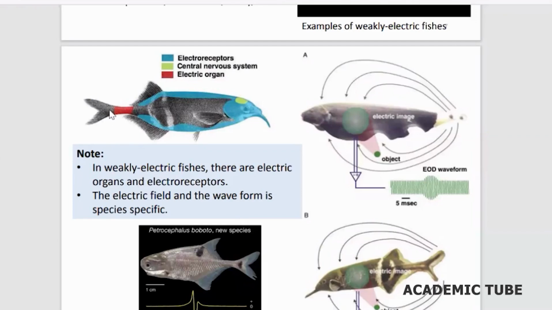I'm not going to talk about the anatomy and the physiology of the electricity that they produce, but just remember this is the area where this animal produces the electricity, right? And the entire outside area is the area that receives the electricity. So there are electroreceptors all around the body, right? Now, this is a particular fish species. Now here you see the electric field produced by this fish